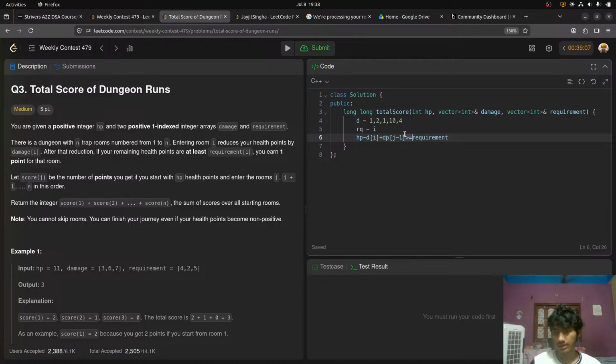How many times will that be greater than requirement of I? Or in other words, I can also say how many times this, D of I minus HP, is going to be greater than